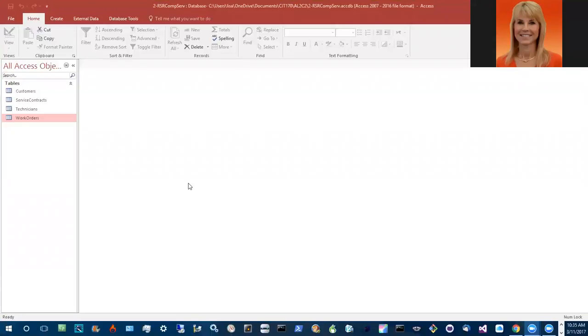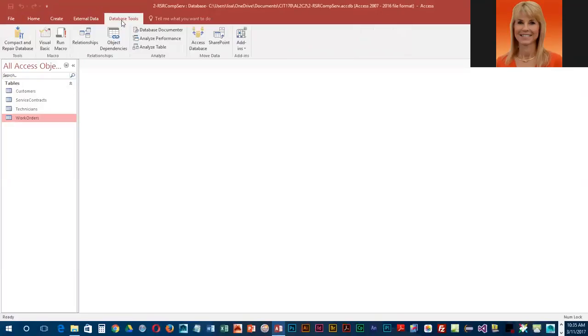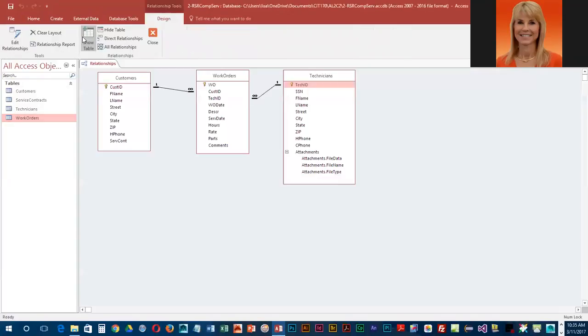So far, we've been dealing with one-to-many relationships, and honestly, that is probably 99% of the way tables are related. Also, you will see one-to-one relationships, and that is what we are going to be working on next. So we're going to go into database tools and relationships,